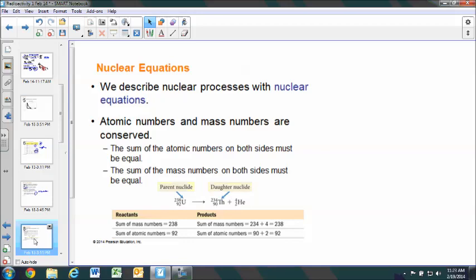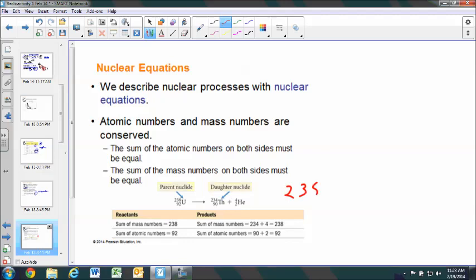So the product would be 92 minus 2, that's 90. You look in the periodic table for element number 90, and you find thorium. So you put thorium there as the daughter nuclei, and then the mass of that thorium would be